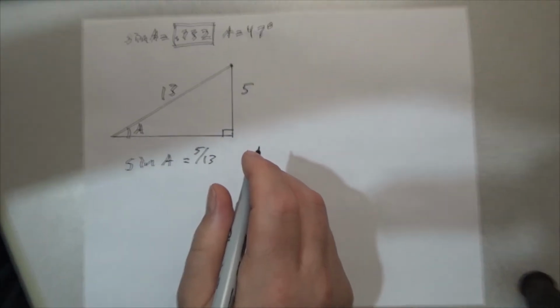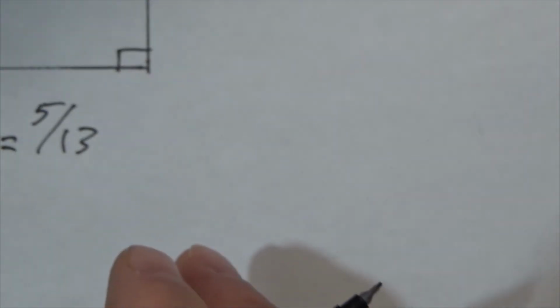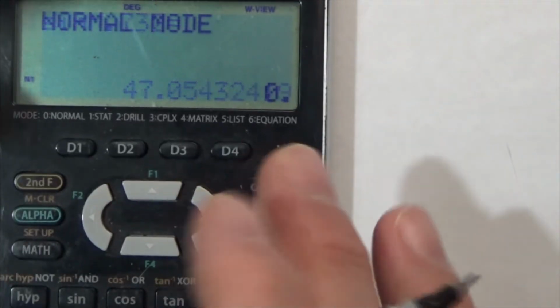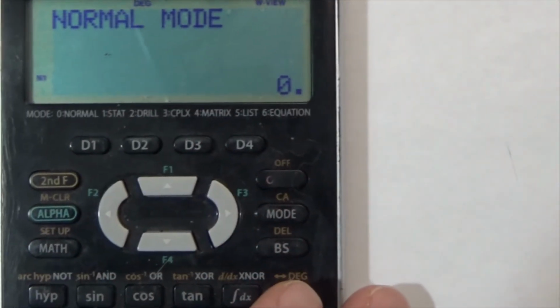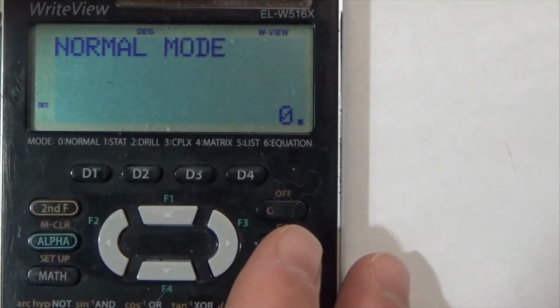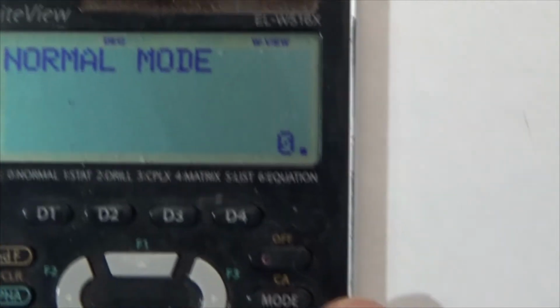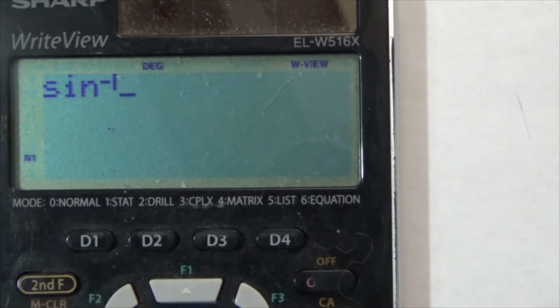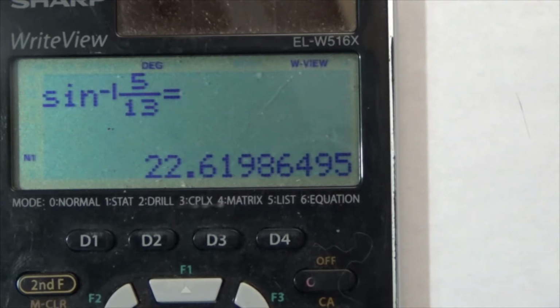So on my calculator, a couple of different ways you can do it. Let me get just a little closer so you can see what happens up here. I have to go second function, arc sine, and then I can use my fraction bar like that, put 5 in the numerator and 13 in the denominator, and it's